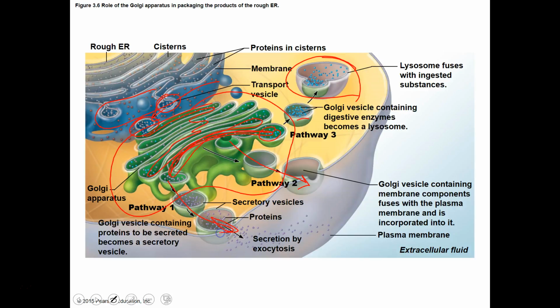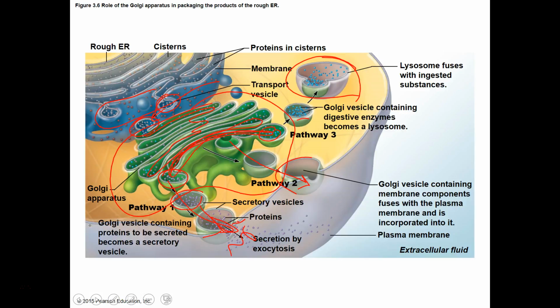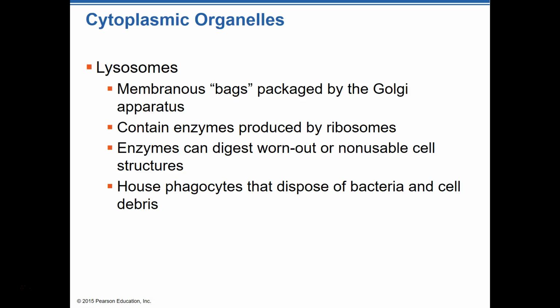Actually, this path is going outside of the cell too. This one may be reclaiming some. This one over here may be doing some reclaiming. But we can see how this one is going out and around, and then this opens up here and allows its contents to come out. Some of them may actually come out of the cell in a vesicle too. It's possible for that to happen as well. But that's what the Golgi apparatus does. It's the packing and shipping department. It's kind of like the UPS of the cell. It's where everything's packaged and shipped.